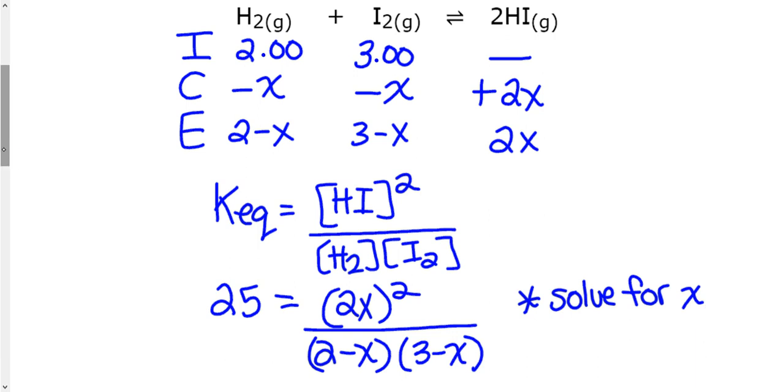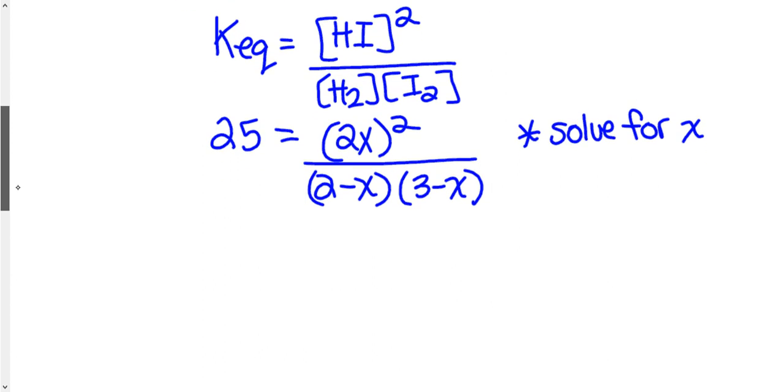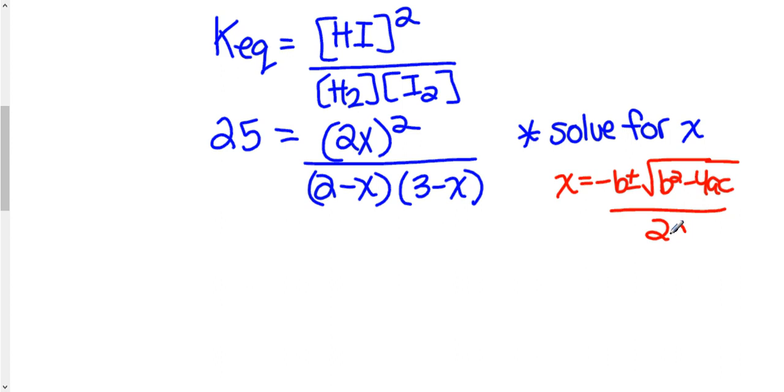So guess what? You're going to have to go back and use your good old quadratic equation. Now, just to make sure everyone remembers what it is, I'll make a little note here on the side. X is negative b plus or minus square root of b squared minus 4ac all over 2a. And to get everything in that format, you have to simplify your equation into ax squared plus bx plus c